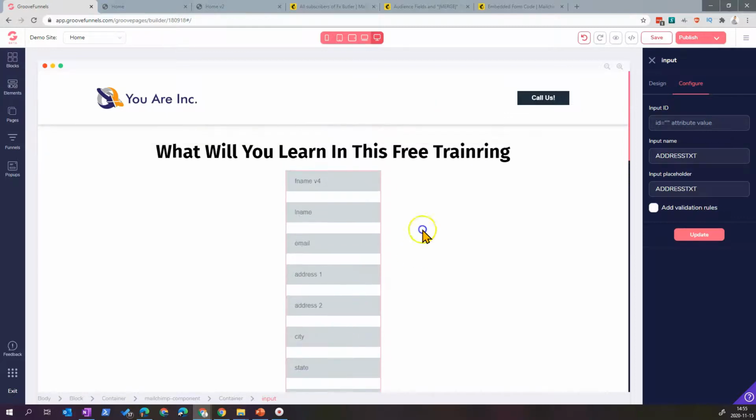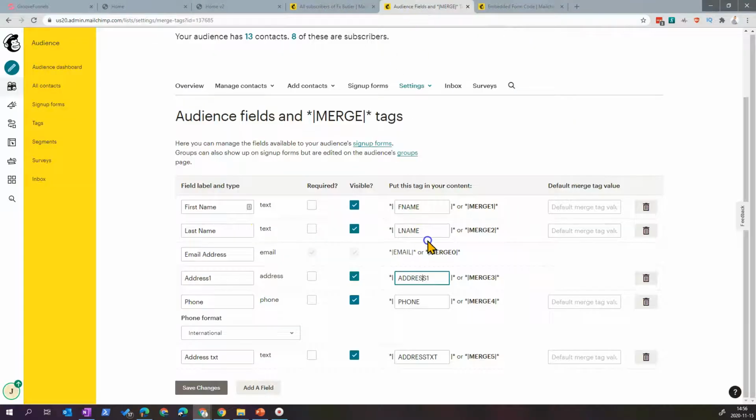This is the form that is currently connected to the MailChimp integration. If we go into MailChimp, this is where you define your fields. When you create a list the first time, you basically have first name, last name, and email address.